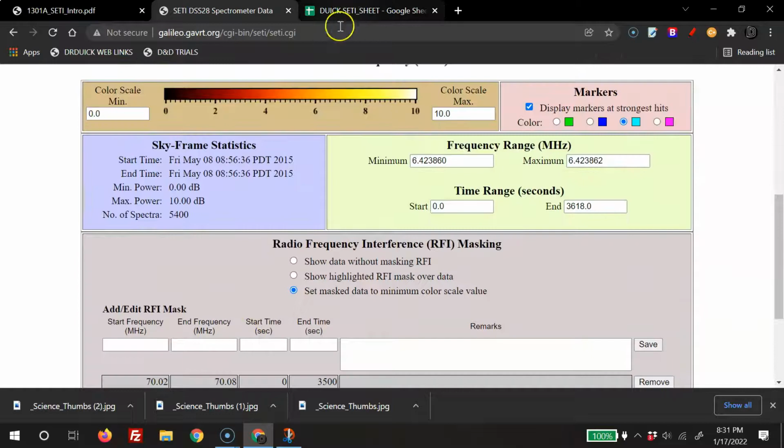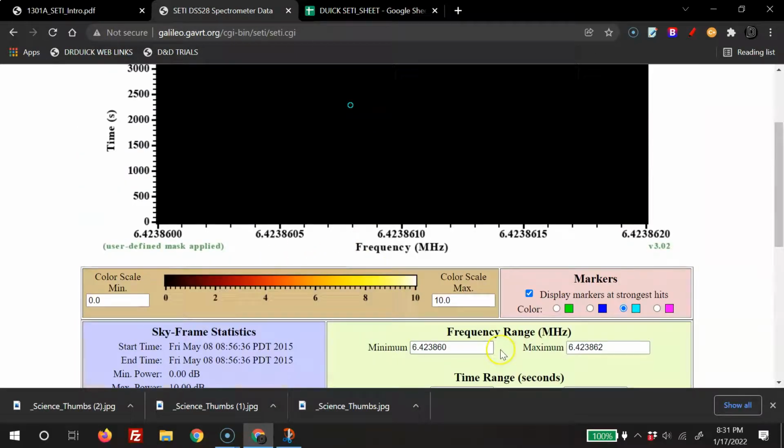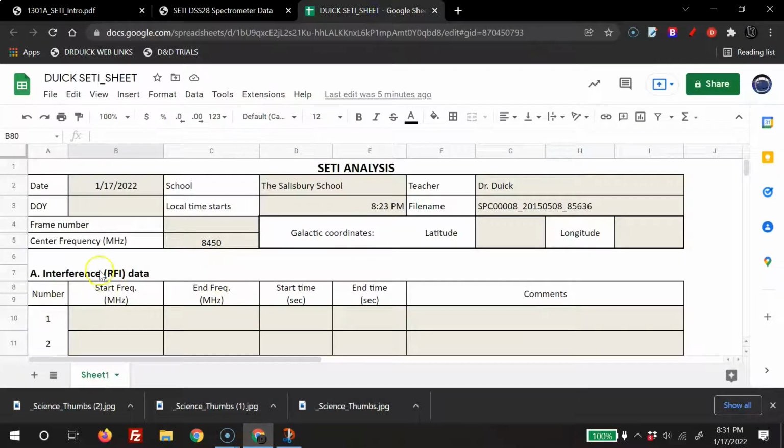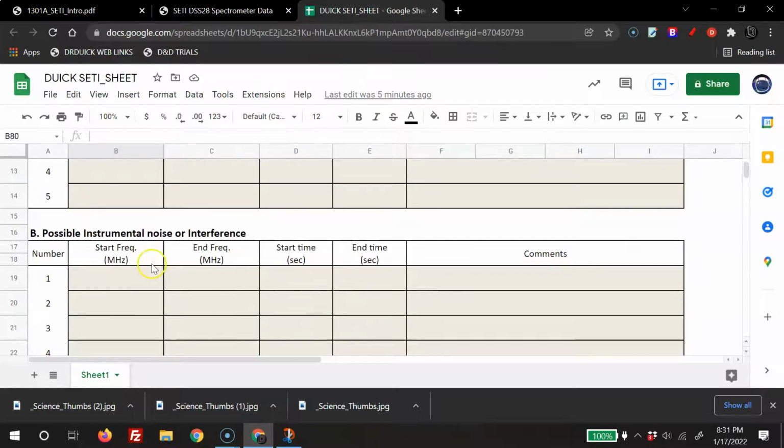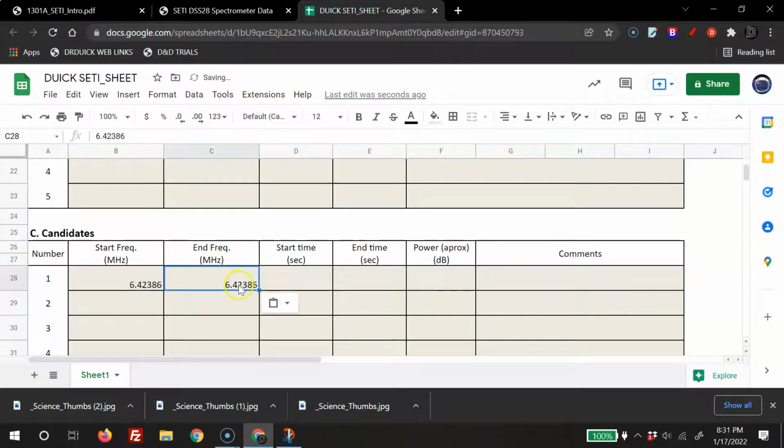So let's go to our sheet. I'm going to grab this number because it's really kind of going 86 to 862. Because it's not going to let you get any tighter in that. So here's our guy. And interference, this is RFI. My candidate, it's starting here, it's ending here. And what do we say? The start time was,